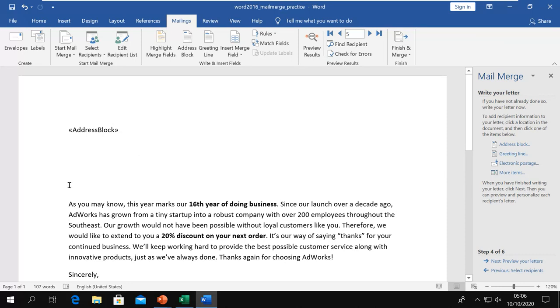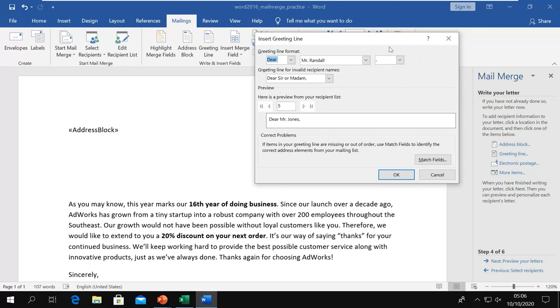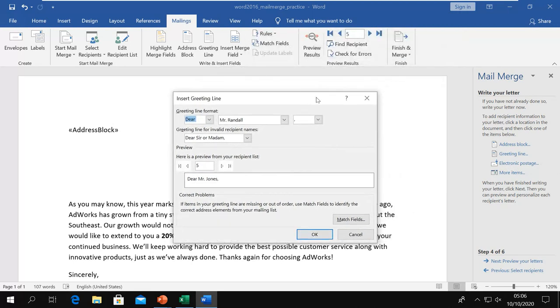So here before starting the letter, I want to add the greeting, so I can add from here. Now once you click it, it will open the dialog box, like how you want to show the greetings. Dear Mr. This, followed by comma, colon, or none. And you want to show what is the format.